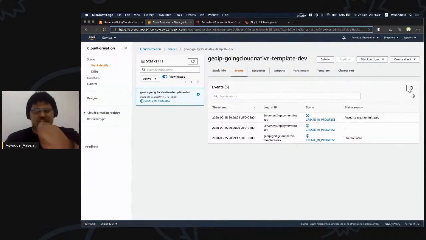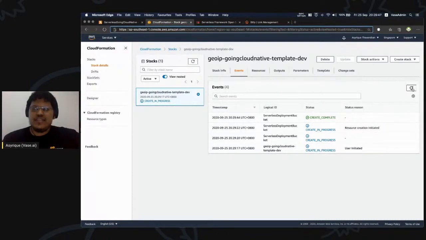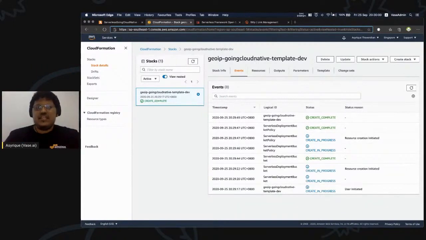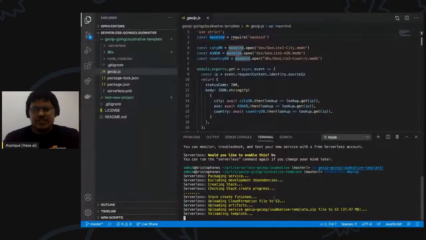So the first thing it does is create an S3 bucket for the code, because generally when you're uploading Node applications, they come with the npm modules. So you have to package your npm modules with the serverless function that you're deploying to Lambda. So it generally exceeds the size limit of a Lambda function itself. So normally what the serverless framework does is upload it to S3, and then it triggers a load from S3 into the Lambda when it's ready.